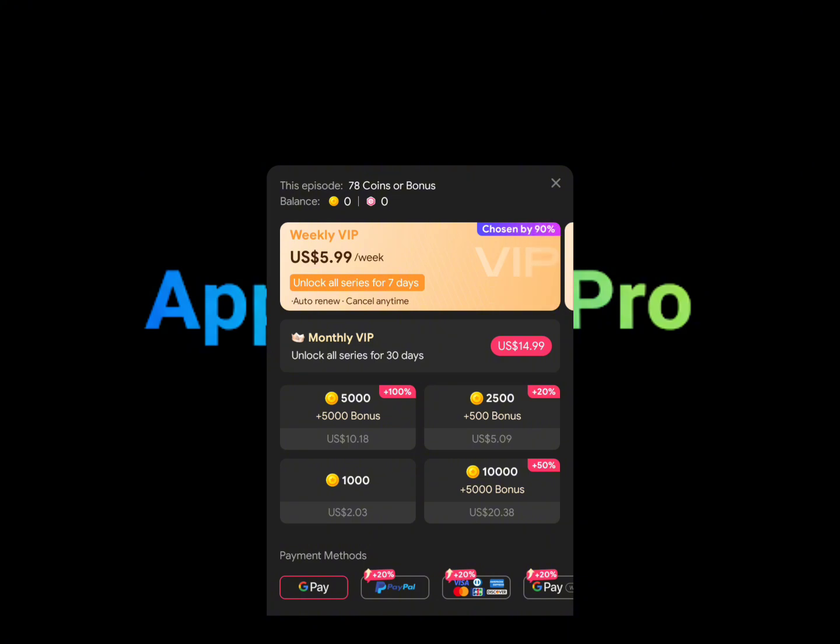So at the top here, it may say this episode, and it will tell you how much coins you will need to unlock this episode, and as well it will tell you the balance as it relates to how much coins you have or bonus coins you have on this application here. And as you can see here, they do offer a weekly subscription which unlocks all series for this application here, a monthly subscription as well which unlocks all series on this application here, and a yearly subscription as well. So all you have to do is just swipe across to see all these subscriptions and prices